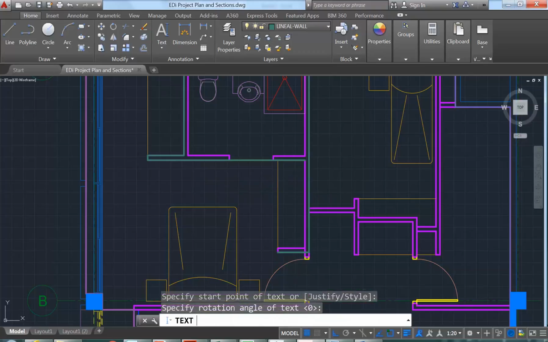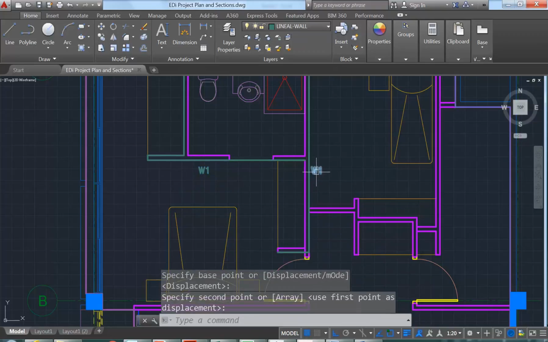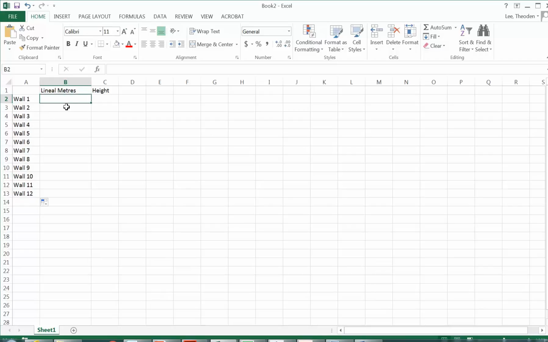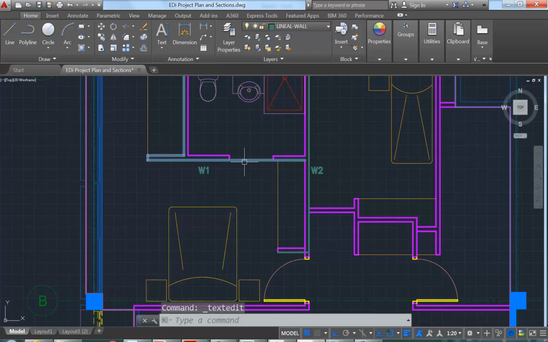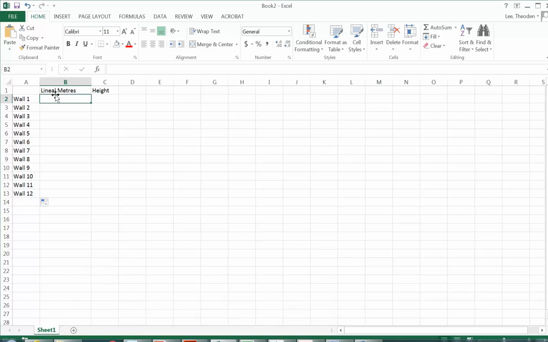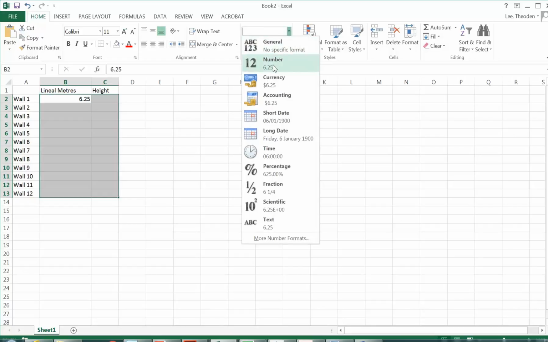So this could be W1 and so on. W2. And then, okay, so back into Excel. I've forgotten already the first one, so this is why it's good to record it all. Okay, so 6.25. So back into Excel. 6.25. Now it's helpful when using Excel if you know what the content is going to be to set the cell type to that. So if here you just choose number for anything that has a number value in it, it lets Excel know what that